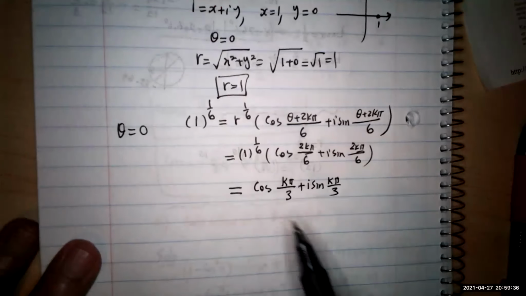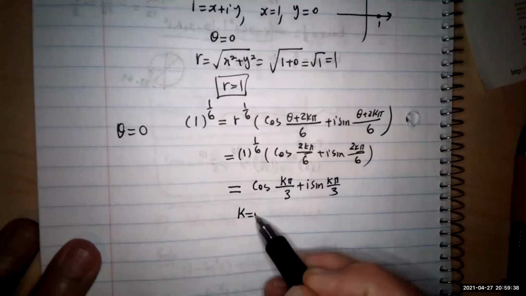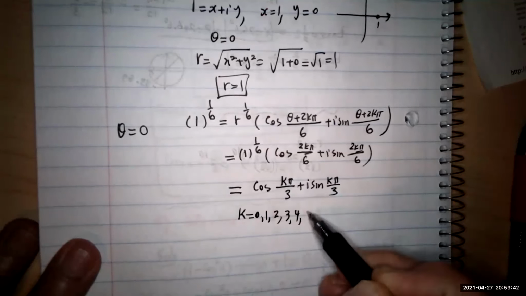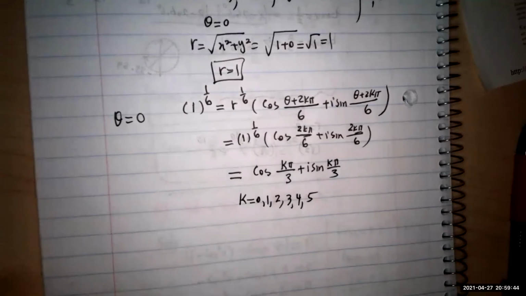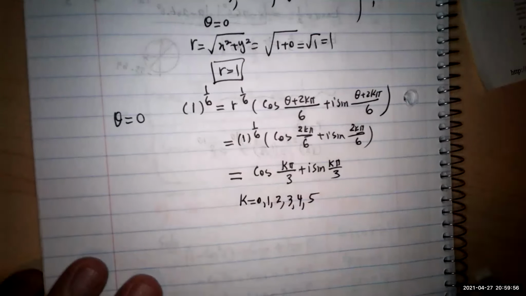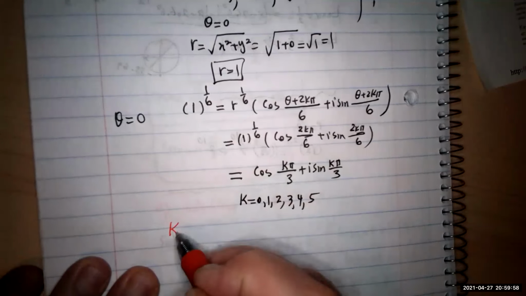Okay, but I need 6 solutions. 0, 1, 2, 3, 4, 5 to get the 6 solutions. Any question? So now you have to list the solutions. You need a couple of them so that you'll be able to use the complex ones. So start with k equal to 0 to get the first one,